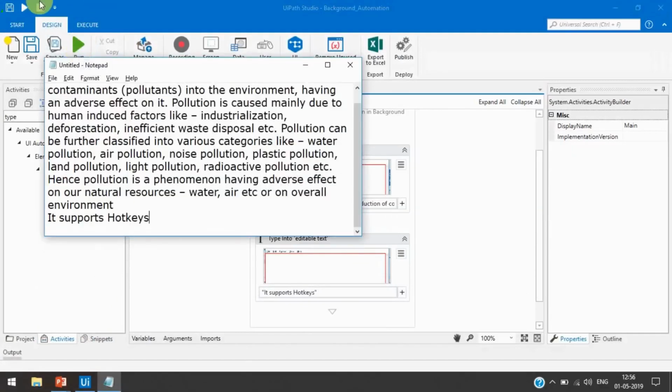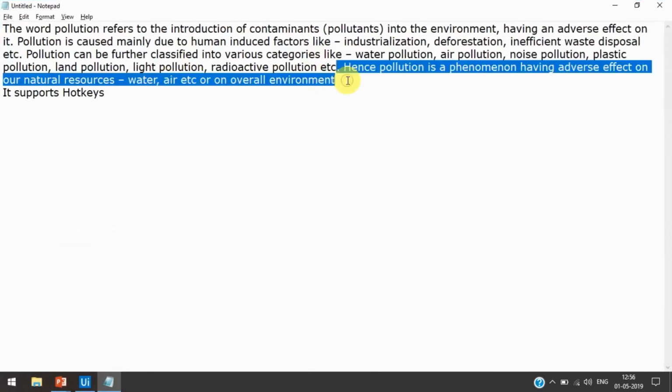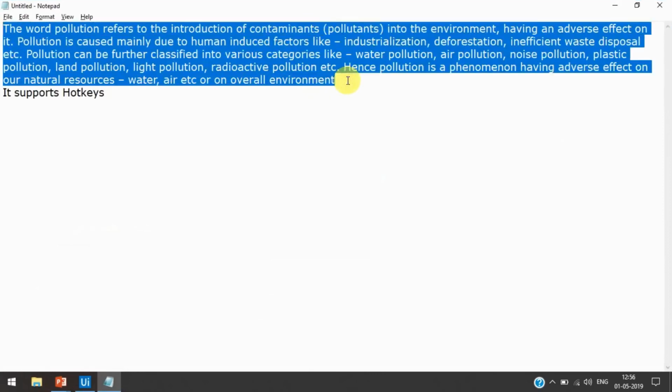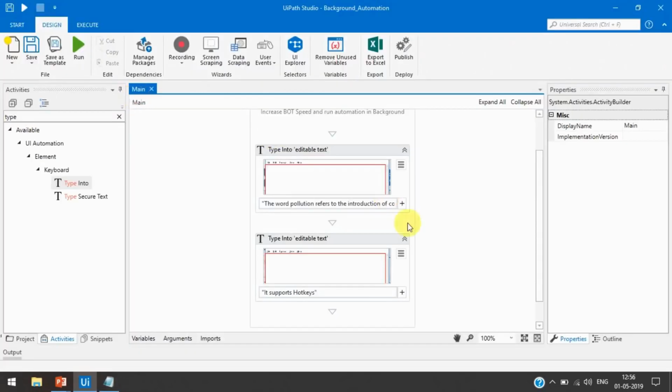Now you can see here, the first time it typed the data, the first type into sentences, now it pressed one enter, and then here is the data, it supports hotkeys. It means it supports hotkeys also.